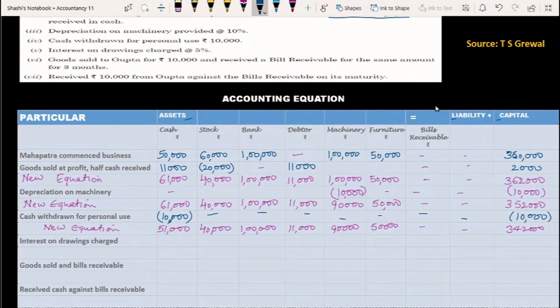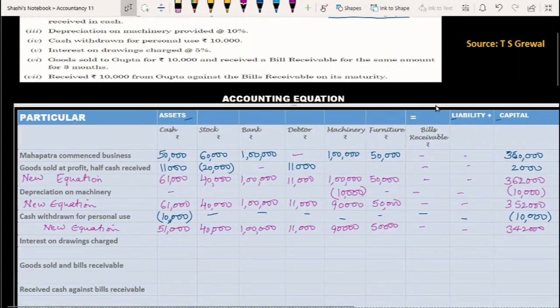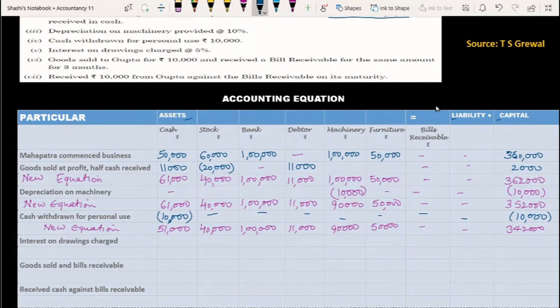So when interest is charged on the drawings, that becomes an income for the business, because interest is charged on the drawings which is payable by the partner, by the proprietor. So for proprietor it is an expense, but for the business it is a profit. So proprietor account is maintained as a capital account in the business, so that is going to be deducted here. And since we are adding the profit of the business in the capital only, so this will be written here only. So we can say it is plus and minus 10,000. You can write it separately also, that is also okay.